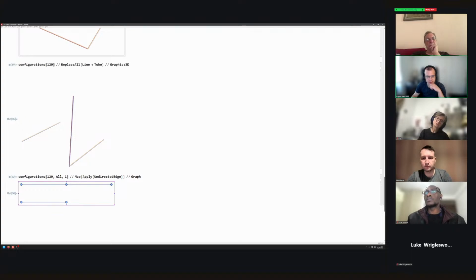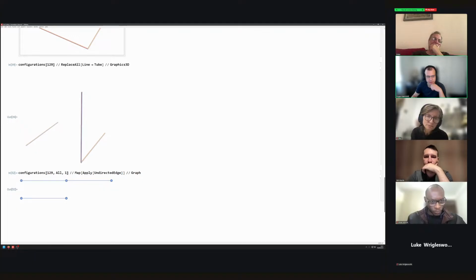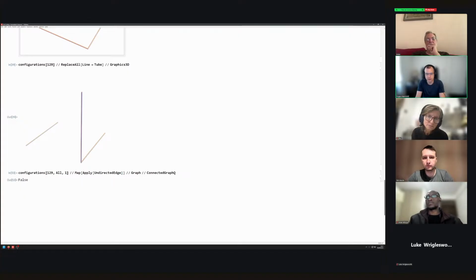So these edges are connected over here, and then this edge is just by itself. Connected graph cube: false. Okay, so if I turn this into a function,